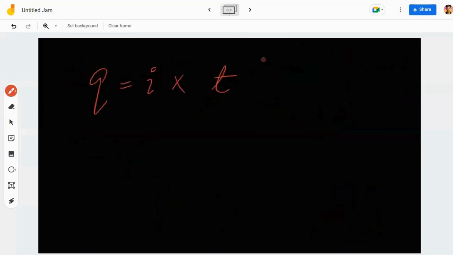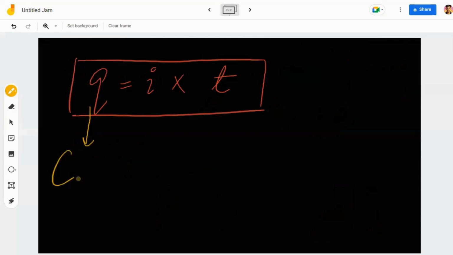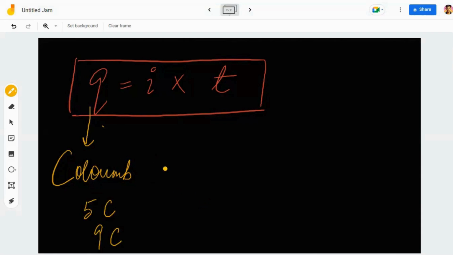Now let's talk about a little bit of units. The unit for charge is coulomb. For example, how much charge is there on an atom or ion? We say it has 5 coulomb charge, or 9 coulomb charge. Like that, the unit of current is